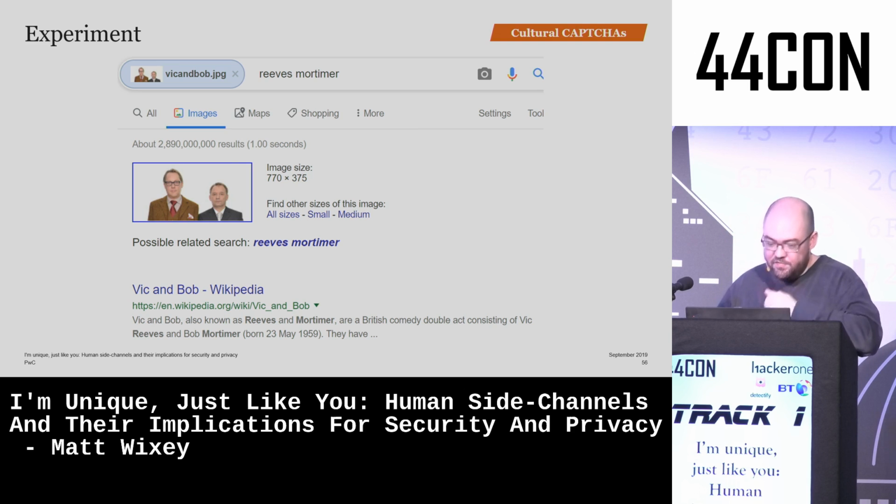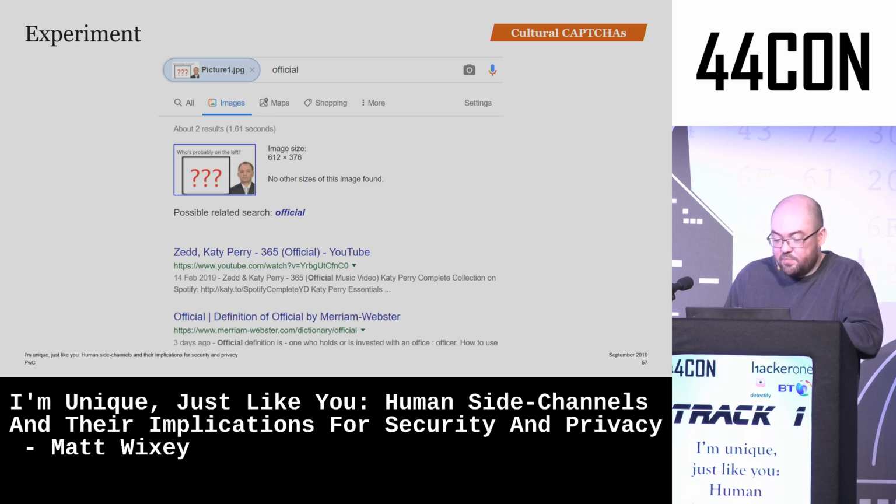So if you were trying to use cultural captures as a way to verify someone's authenticity, if you like, on social media, one thing they might try to do to circumvent it, similar to actual captures, is something like a reverse image search. If you reverse image search the original image, you get an answer straight away of who that person is. But if you manipulate it, then you don't get any results at all.